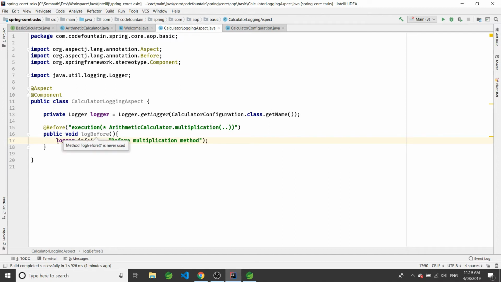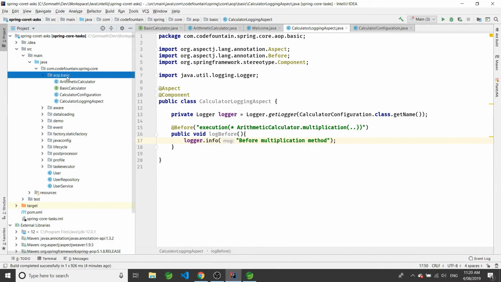Okay. See, here we are just printing this line, but we definitely understand that we are not doing all these things just to print a statement. We can do many things here. Normally we have access to the join point and its information, so we can know what the method signature is, what type of method it is, and what the proxy object is. We will talk about all those things in subsequent videos. But at the moment, when this multiplication method is getting executed, just before that we want to do something, and in this case we are just printing this line. So we are done with our aspect and the advice. We have created our before advice.